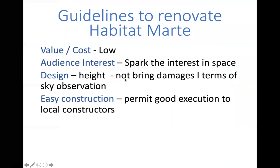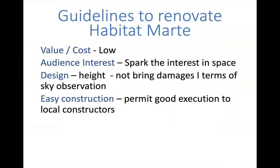And then some guidelines to renovate the Habitat Marte facade are the value, the cost, okay? We have only a small quantity of money to invest. Also, try to spark the interest of the audience for the local initiative, also the design in terms of height,